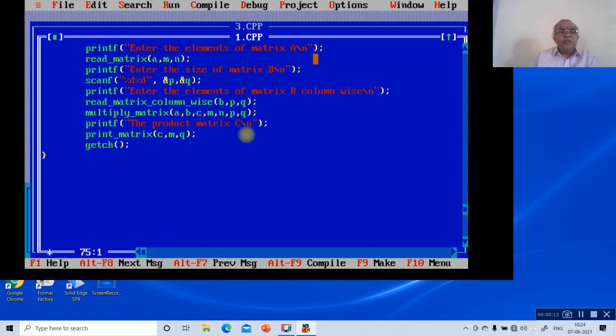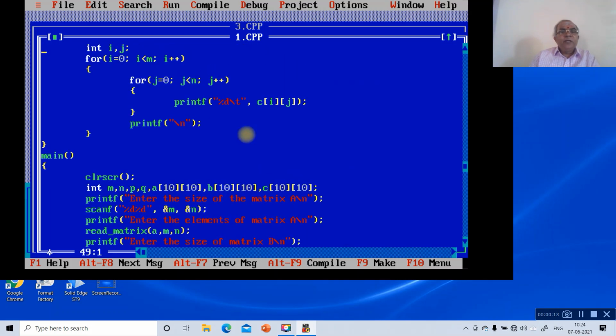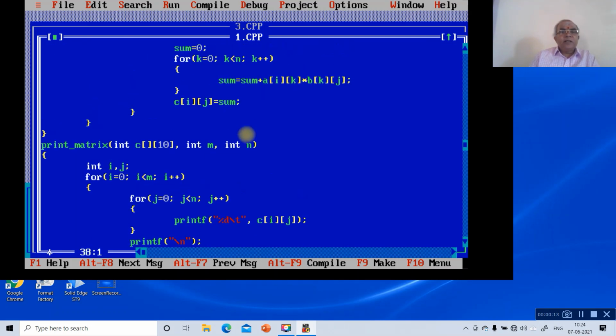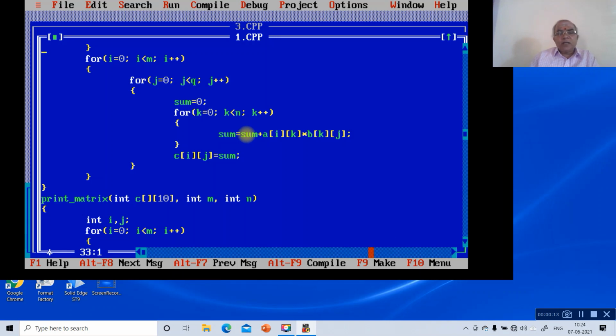This is how it will be executed. The exact thing which it will take is only in this particular case, wherein it will calculate all these values and then put it in C of i j, which will be C00. Then again it will take the increment, again it will perform the function, and then it comes to the value of sum. So this is how this function will work.